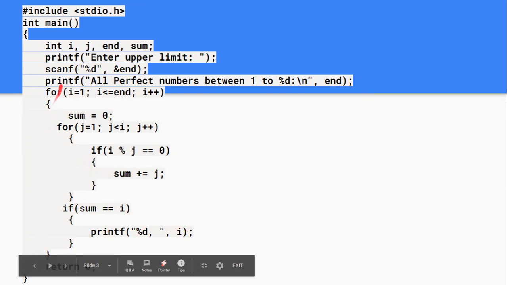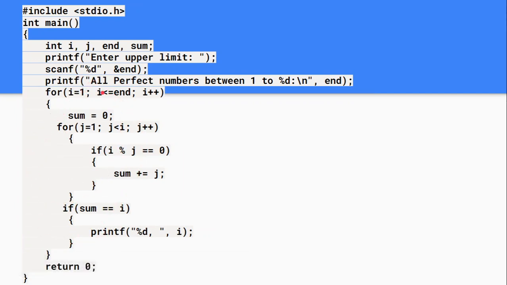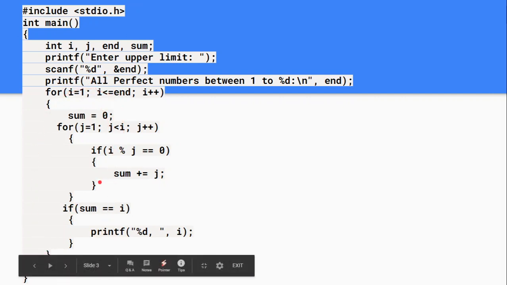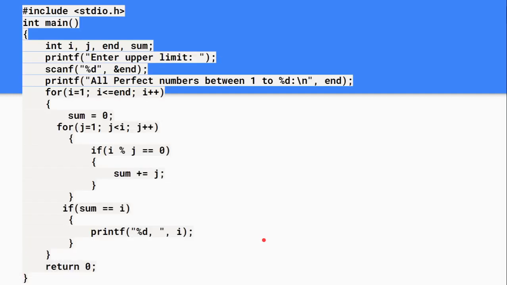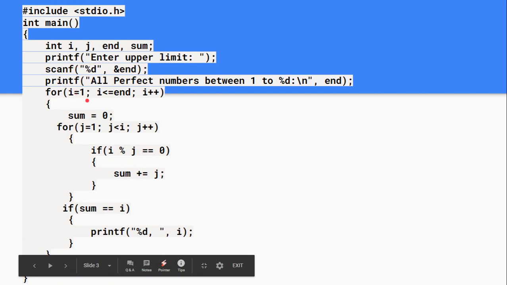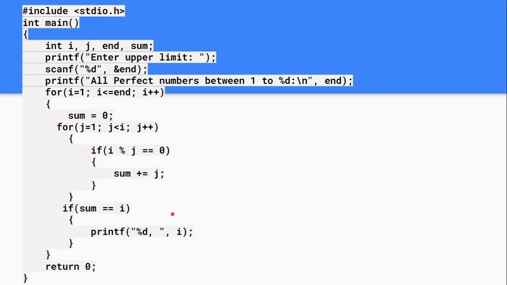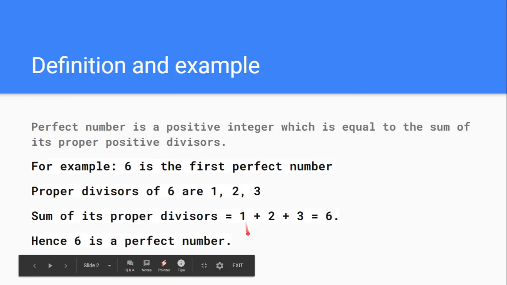So when this one for loop gets executed, one number is found out. After that, it will go for the second number, third number and so on. Likewise, this for loop will first find the number 1, and then next time when the loop repeats, it will take i is equal to 2, check again with this logic and find that 2 is a perfect divisor. So it will add. Now the sum becomes 1 plus 2, which is 3. So 1 is found and 2 is found, and then the loop will repeat.